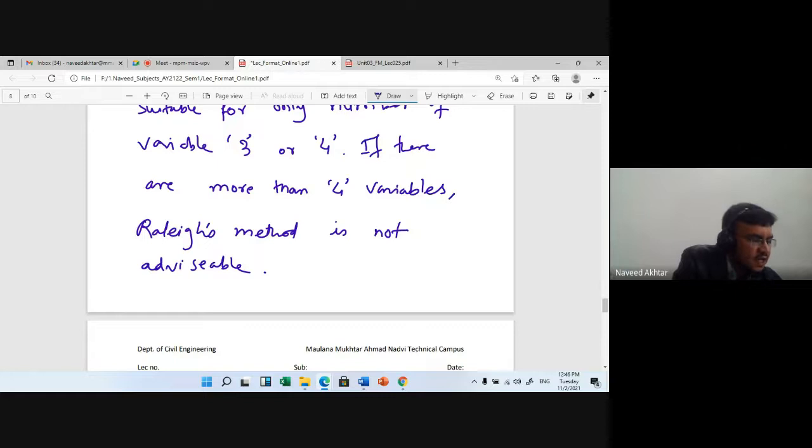We will see that. And this Rayleigh method that I have explained to you is out of syllabus. Because the Rayleigh method is only for limited variables that you can use to do the dimensional analysis. But in the case of Buckingham's pi theorem, you can go for any number of variables, and that's why it is always suggested that if there are more variables, then you go for the dimensional analysis by Buckingham's pi theorem.